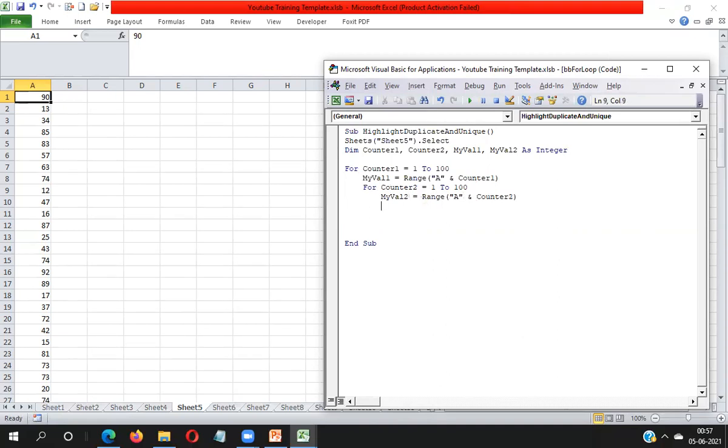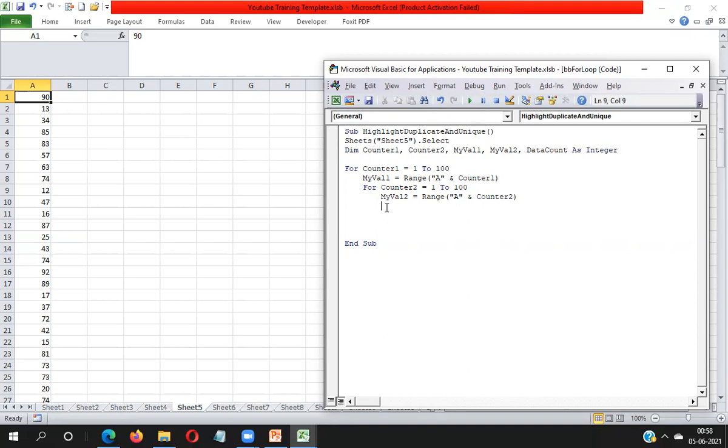Now the first value I will get into myVal1, and in myVal2 the same value will be stored. So when both values match, I will get the data count. So I'm taking one more variable, data count.